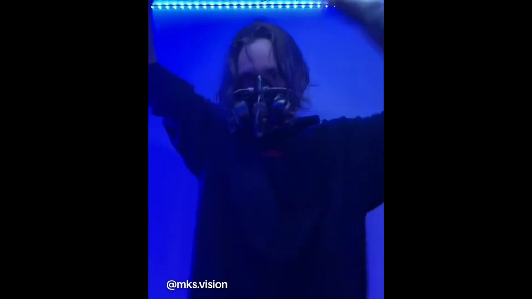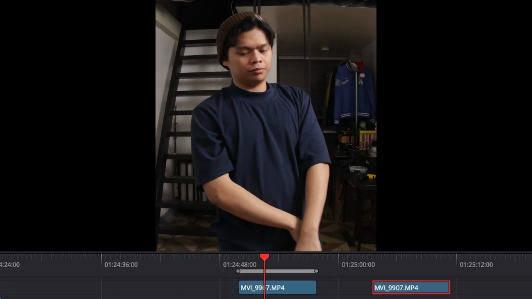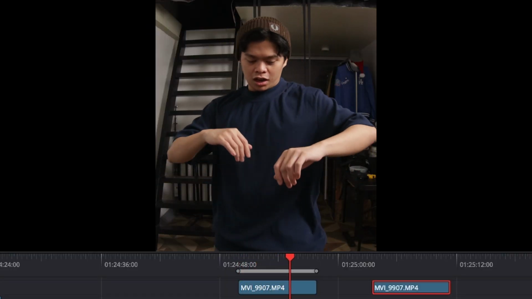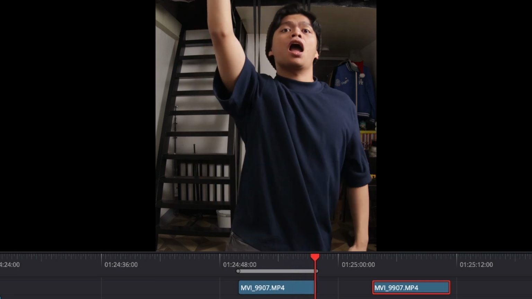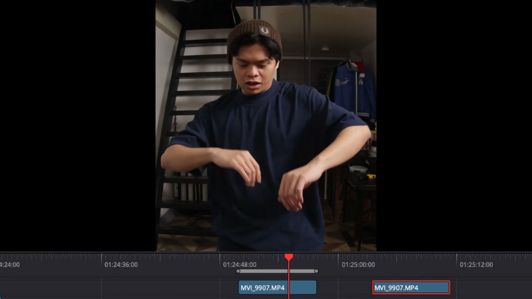Now the second way that I loop is with a match cut. This way you can loop your video without actually going out of frame. So how do you do that? This is actually pretty common in TikTok already, specifically in transition videos, where you take one big movement, then transition to another clip using the same movement. It's pretty much the same for looping, but instead of transitioning from one outfit to another or whatever else it transitions to, you transition from the end of your clip to the start of your clip.